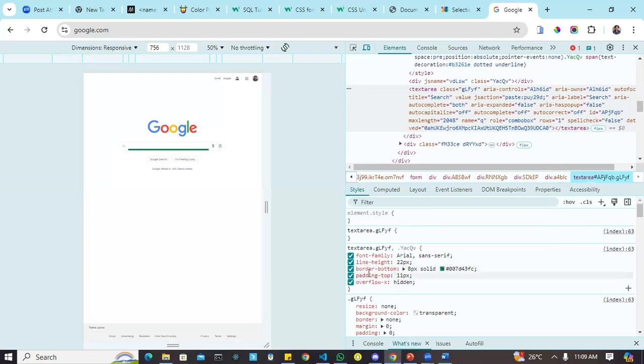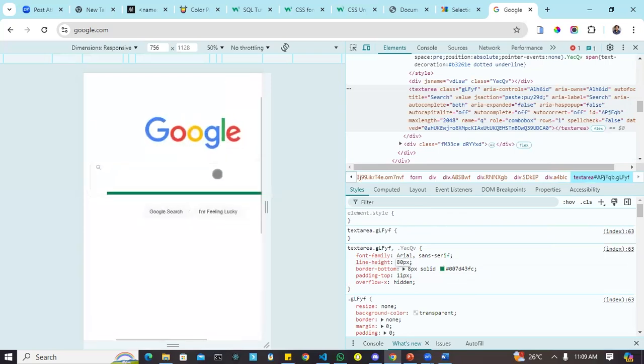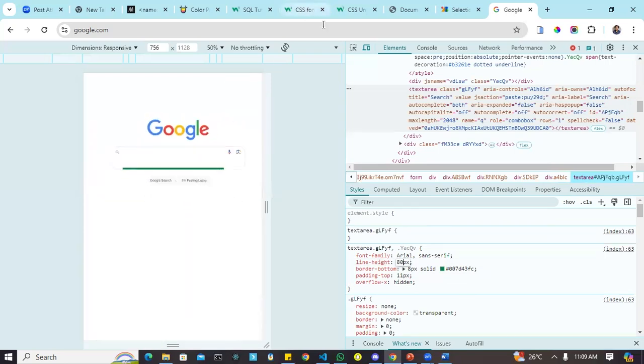Okay, this is the border bottom. So I can also change the line heights. Let me give it, let's see. I'm now distorting Google's text. So you see,